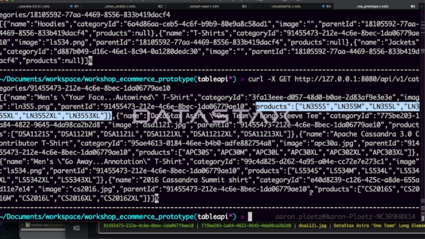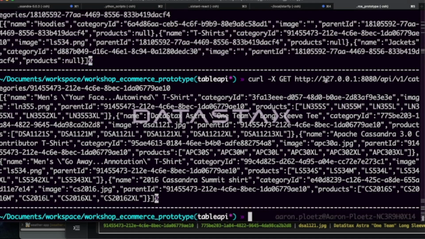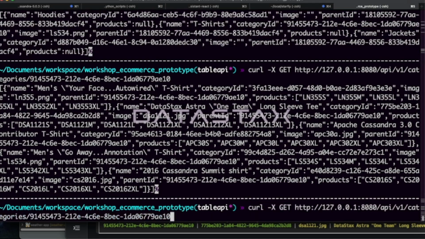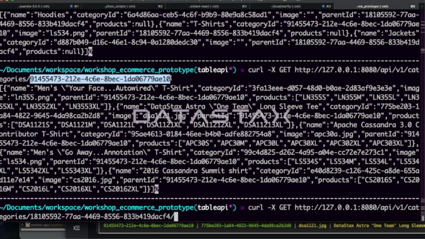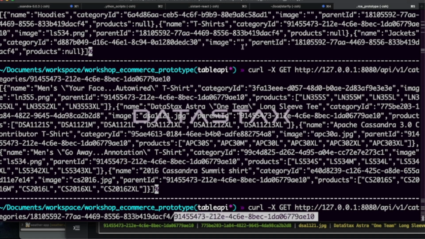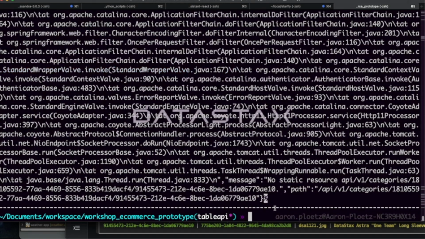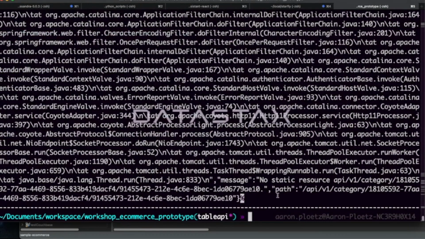Now let's try that second method. So actually, let's back up. Here we go. We'll go clothing, and then we will use t-shirts for our parent ID, which is this one. Oh, so it's categories, category.